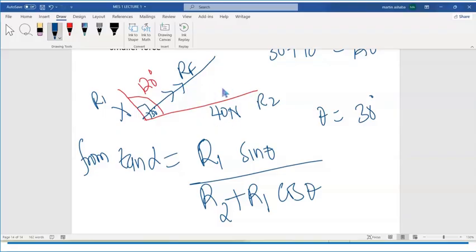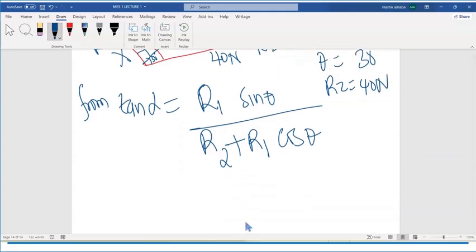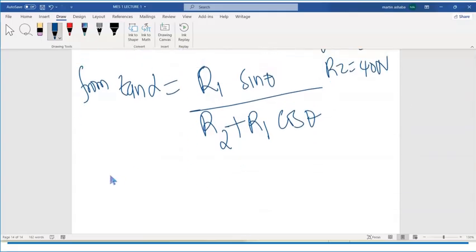You have to just interpret it from here. Then the other force known is R2, which is 40 newtons. So from there, we will just take tan of 30, which will be R1, which is not known, sine 30,